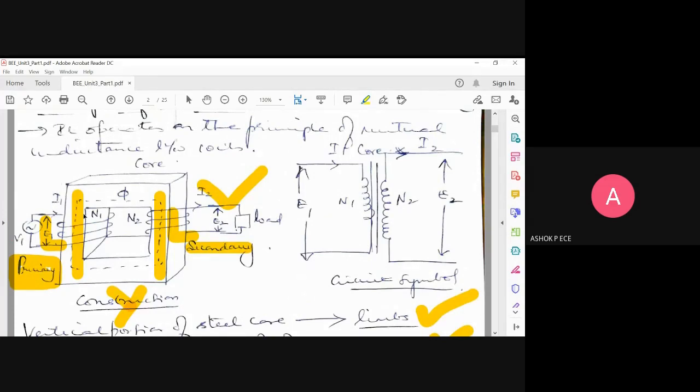But our notation is wherever your voltage source is connected as input, that is going to be the primary. Wherever you have the load connected, it's going to be your secondary. That is going to be our notation. In the equivalent diagram, you will draw two parallel lines to indicate the coupling because of magnetic flux. Always, primary current will flow towards your winding, and secondary current will flow away from your winding. Please understand the direction of current. E1 is your input, and E2 is going to be your output.